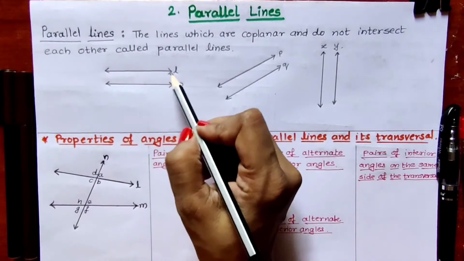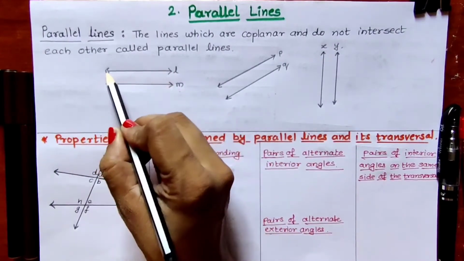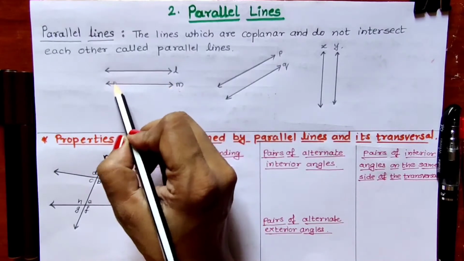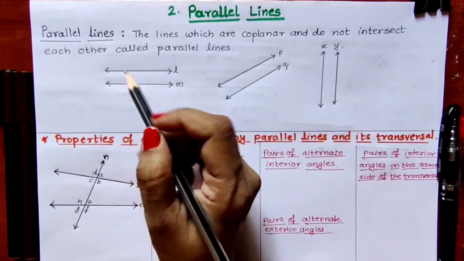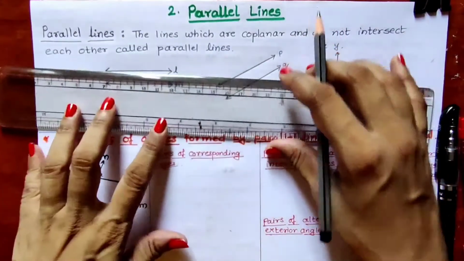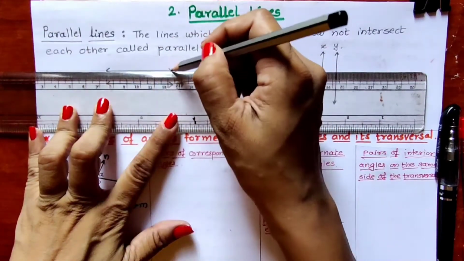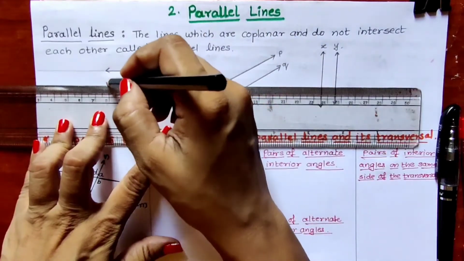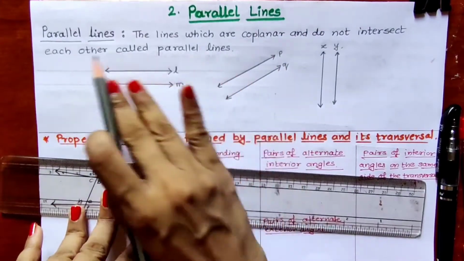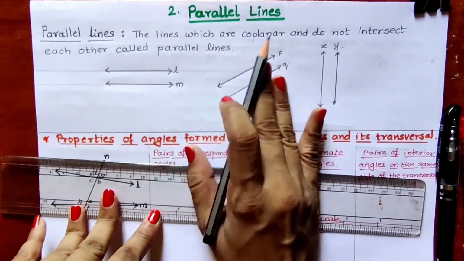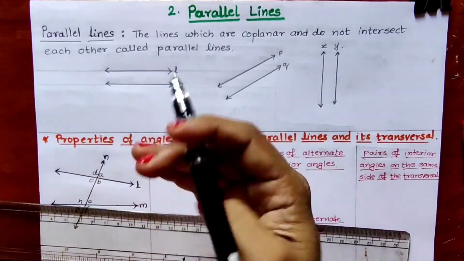As you all can observe, for these lines L and M, the distance between the two lines is constant. From the first point till the last point, we can see that the distance between them is the same. It is not changing anywhere. So if I extend line L on the left side and right side, and line M also on the left side and right side, the distance between them remains the same. So such lines which do not intersect at any point are known as parallel lines, and they can be written by using the symbol of parallel.